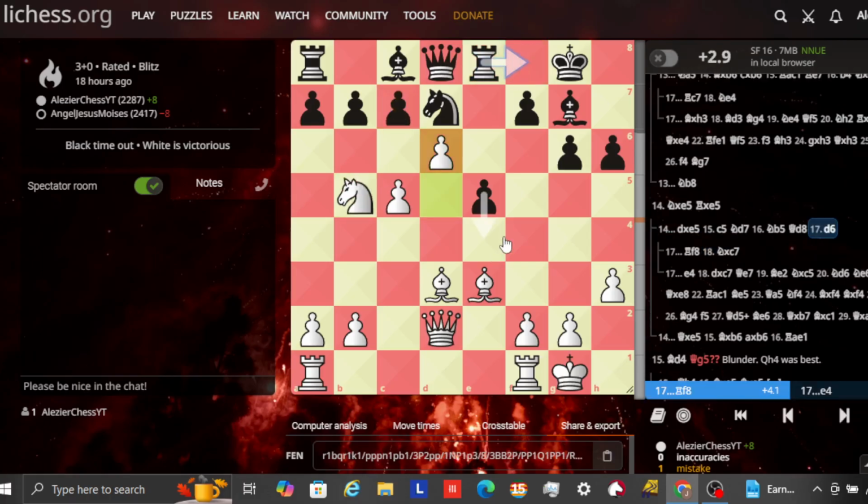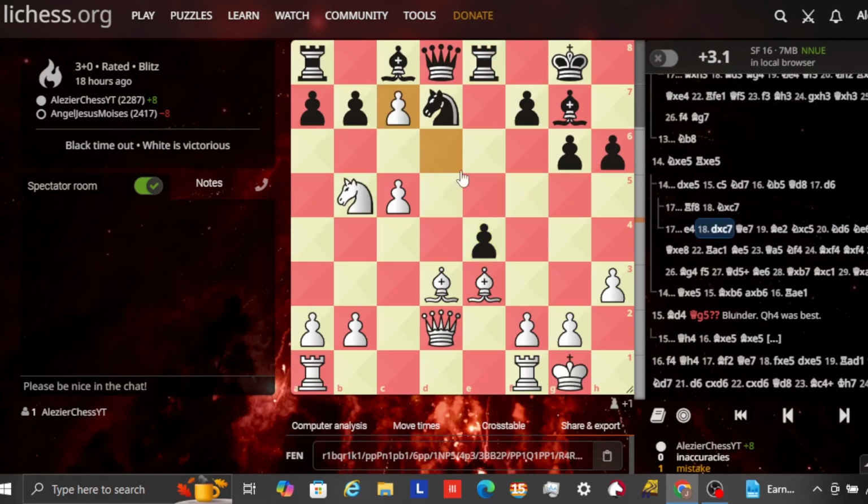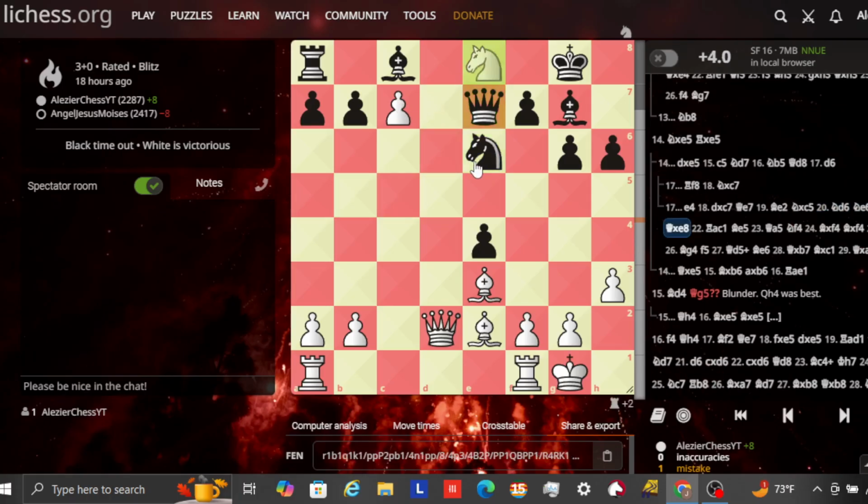There's also instead, if e4, pawn takes, hitting the queen, queen e7, hitting c5, bishop e2, and if knight takes c5, there's knight d6, creating interference, hitting the rook. After knight e6 to go after c7, black loses an exchange. You can protect your passer, and in